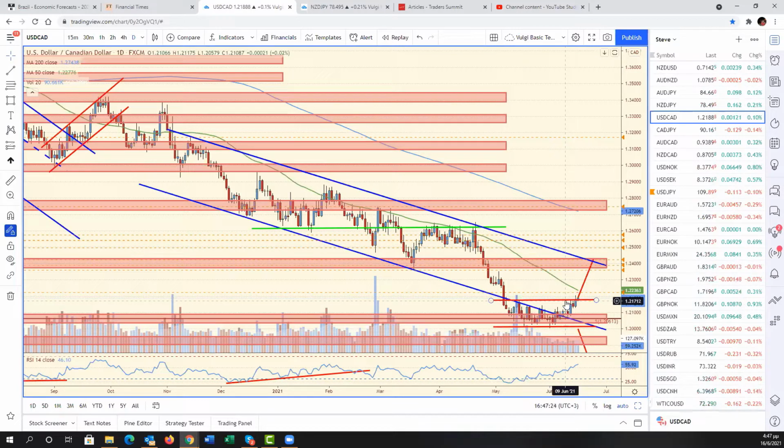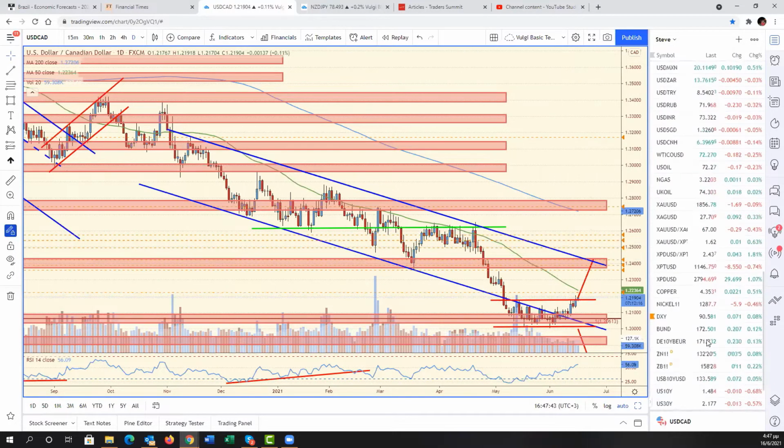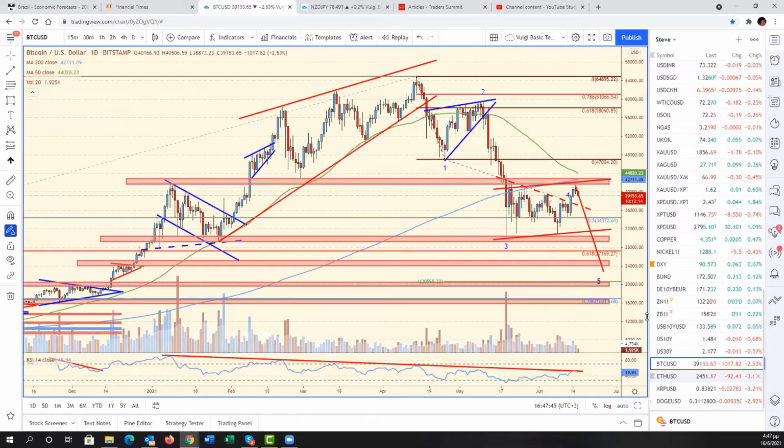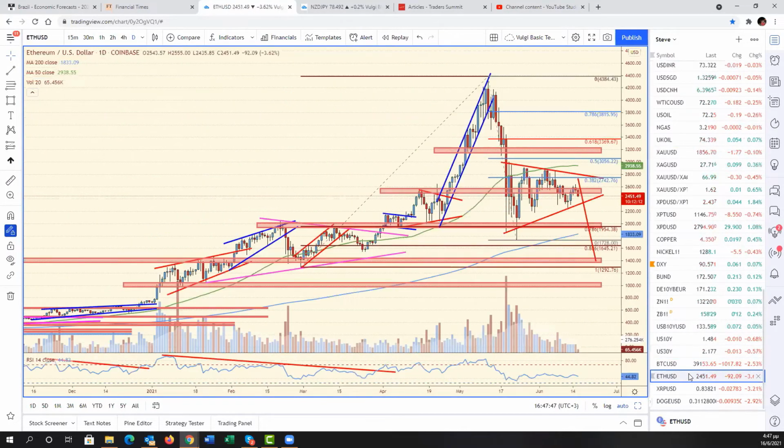So we had some pretty decent inflation data from UK and Canada, and it's likely to continue pretty much around the world, especially the countries that reported properly. Fed is what we're waiting for today. Meanwhile, crypto's a little bit lower. Metals don't know what to do yet. The dollar doesn't know either. We're basically just waiting for a few more hours, and then we see bonds, slightly lower yields, but really nothing.